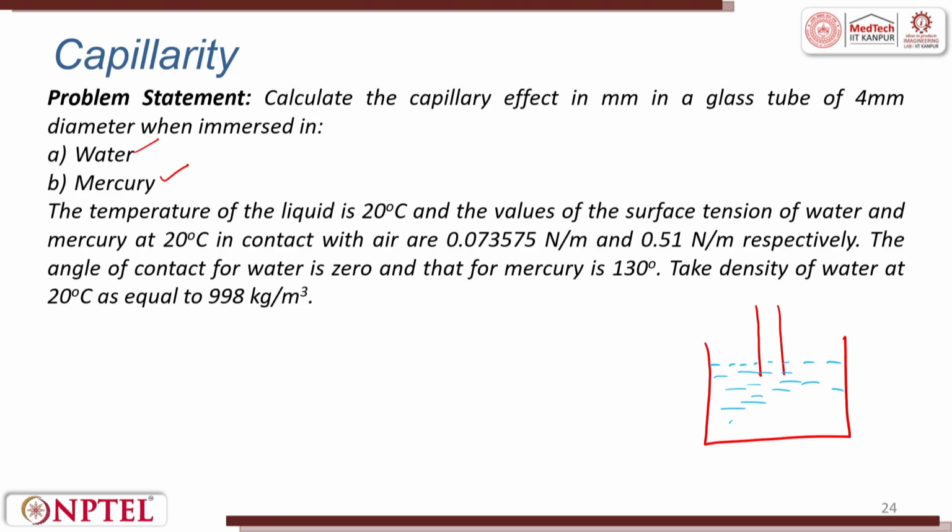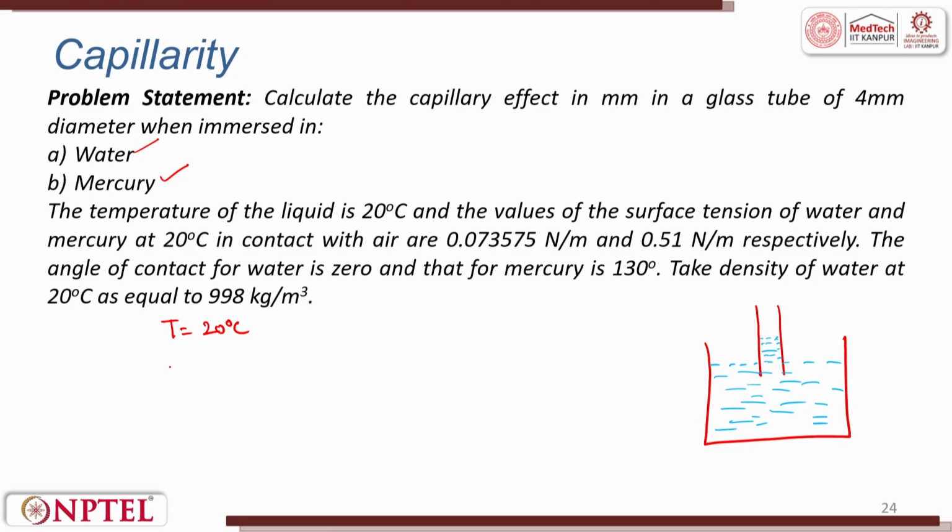This is water here, and for the water, there would be a rise in the level here. It says the temperature of the liquid is 20 degrees centigrade. Temperature T is 20 degrees centigrade. The values of surface tension of water and mercury at 20 degrees centigrade in contact with air are